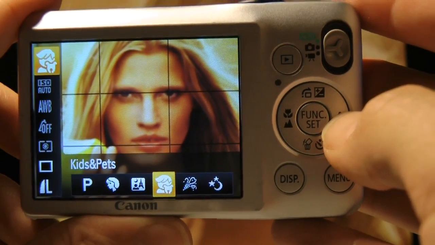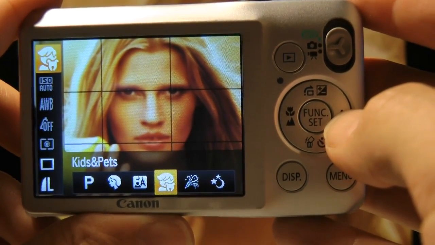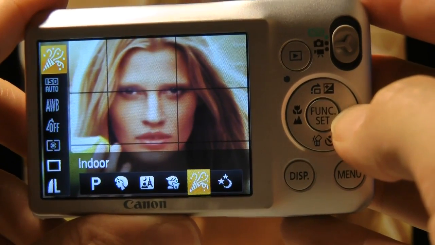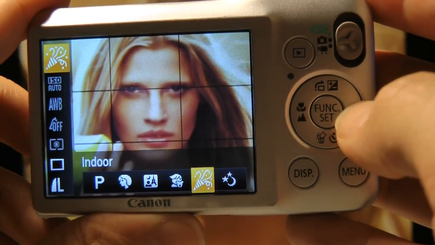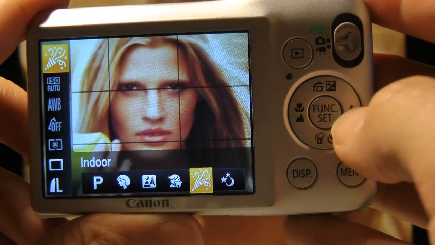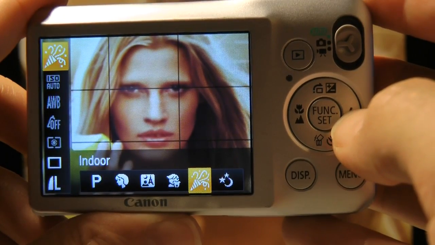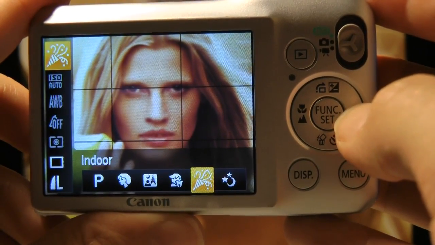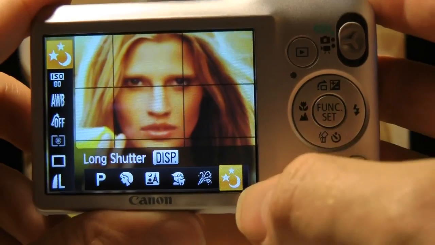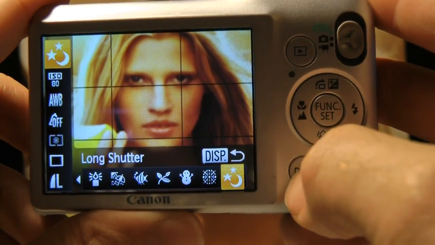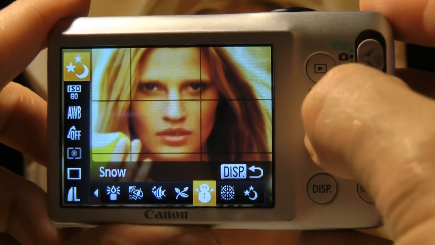Kids and Pets will increase the ISO to try and increase the shutter speed. Indoor will set the white balance for incandescent, and it'll also increase the ISO so that you can get pictures without a lot of motion blur. The last button here is programmable. The options are, you have to hit display to see the rest of them. So the options are